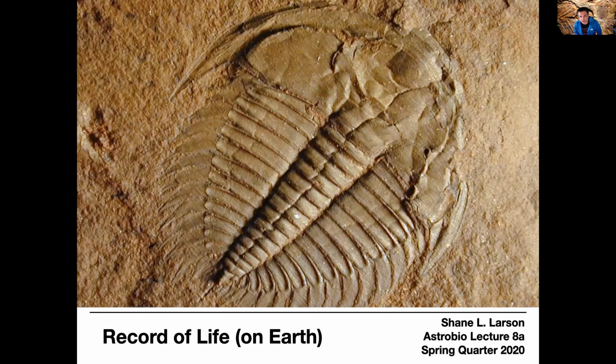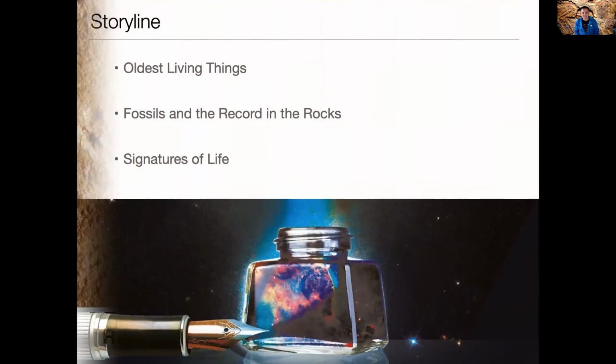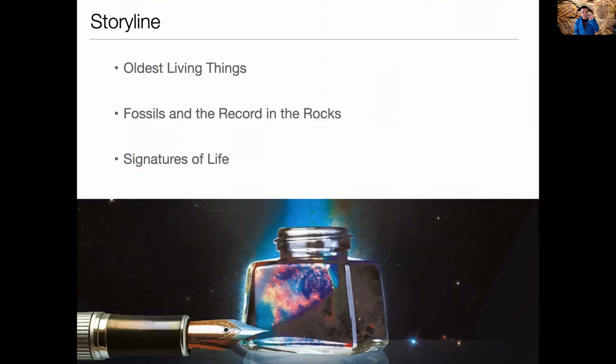Okay, so we're going to talk about the record of life on Earth. There's another trilobite fossil. Trilobites are my favorite, as you'll find out. So the first thing I want to do is talk about the oldest living things on Earth. If we're going to talk about life, we should certainly talk about what we know about life as it exists today, beyond just you and I. And then we're going to look at the history of life. So we certainly want to know about the oldest things that might exist. We'll talk about fossils and the record of life that exists in the rocks and a little bit about what we understand about it. And then we'll talk about signatures for life that we'll actually look for in the geo